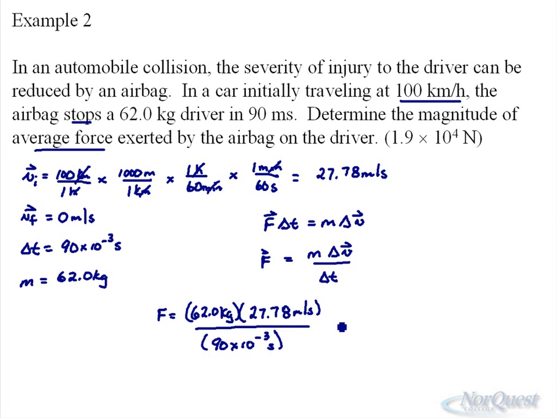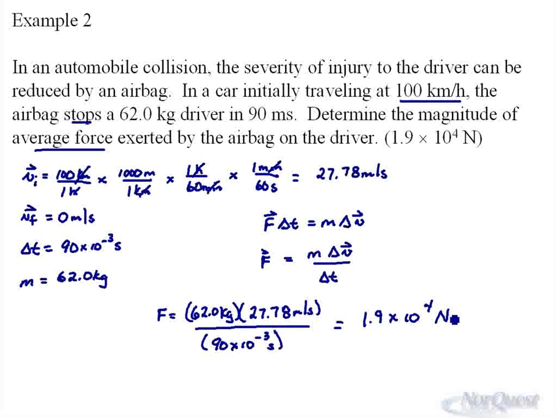If we put all those numbers in, punch them in on our calculator just to confirm that that answer is right. 62 times our previous answer we just worked out, divided by 90 times 10 to the negative 3. You should get 1.9135, or if you wrote this to the proper significant digits, 2 significant digits, 1.9 times 10 to the positive 4